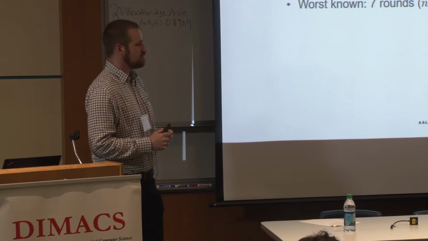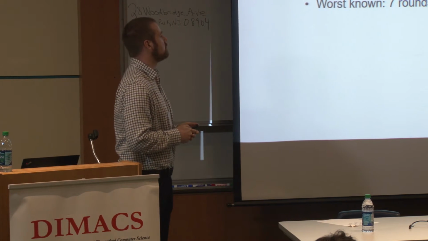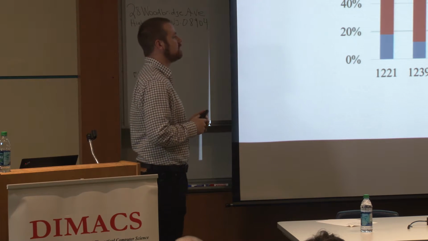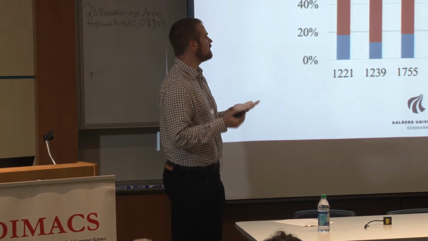Previously I said that this greedy algorithm can be very bad in theory, but when you look at it in practice, here we took some autonomous systems, we picked some destination, and we took shortest path routing with link weights. Then we took one link out and computed the new shortest path routing. How long do we need to migrate to this new routing if we just do it in a greedy way? We ran this a few times and plotted, for the individual nodes, how many updates they need to wait until they can update.